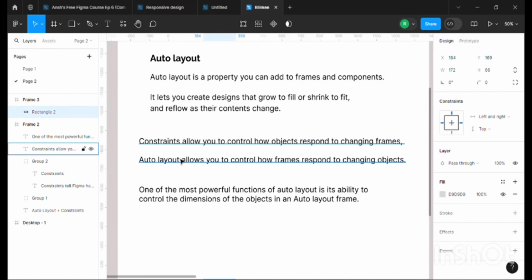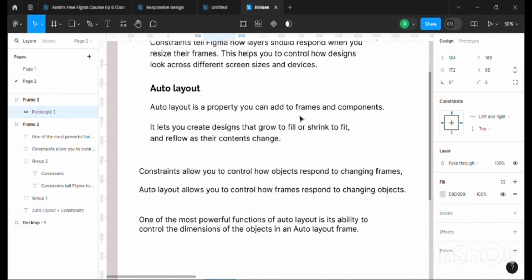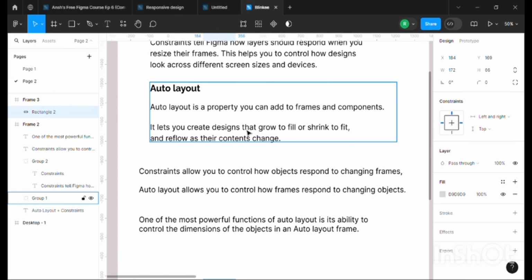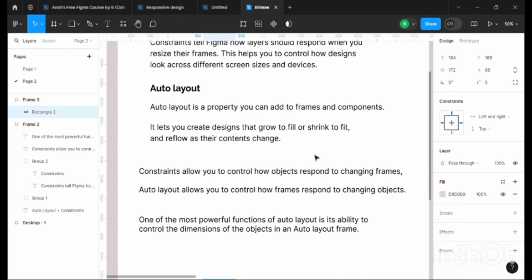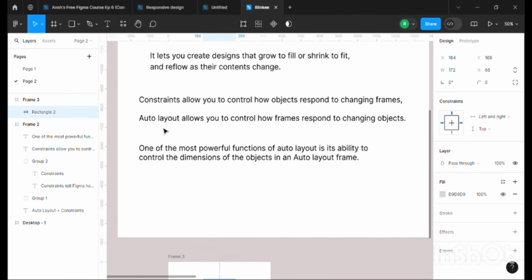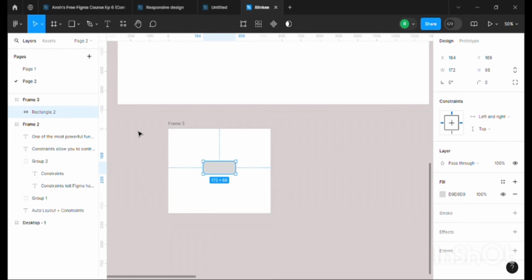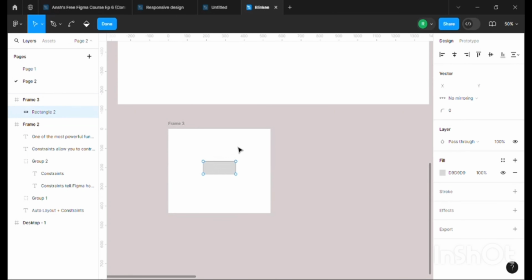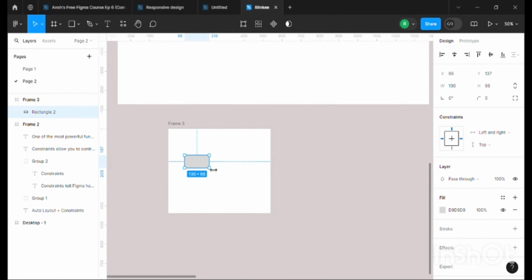On the other hand, auto layout is a property that can be added to frames and components, and it lets you create designs that grow or shrink to fit and reflow as their contents change. So basically, auto layout allows you to control how frames respond to the changing objects. In case of constraint, it is how objects respond to changing frames, but in this case, how frames respond to a changing object. For example, if I have suppose two cards like this,